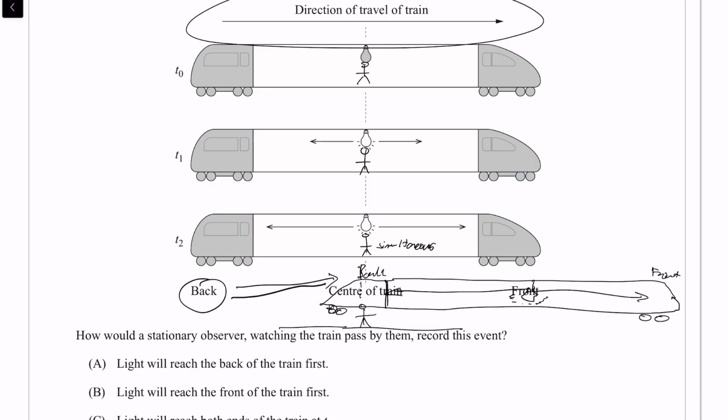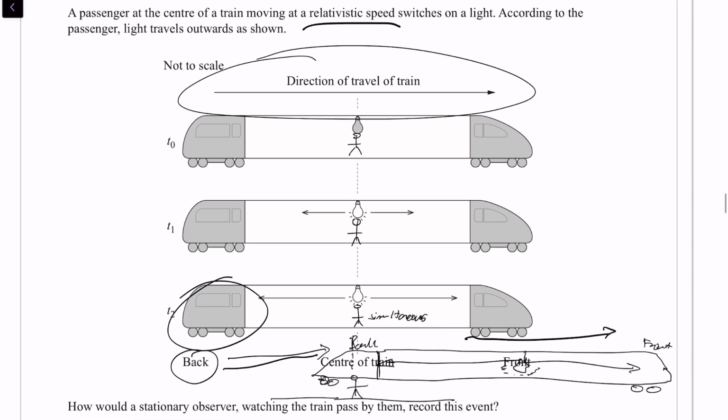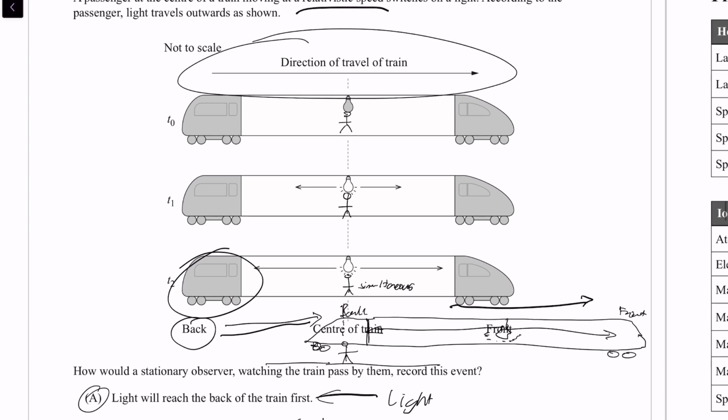That's what I like to think of it. It catches up to the speed of light. But what catches up? It's the back of the train, not the front, because the front goes away from the speed of light, which means that the light will reach the back of the train first and the front of the train last or afterwards. Okay, so our answer there is A. All right,